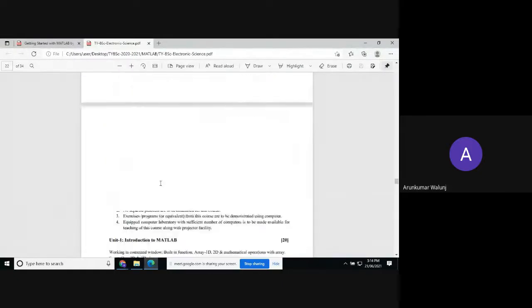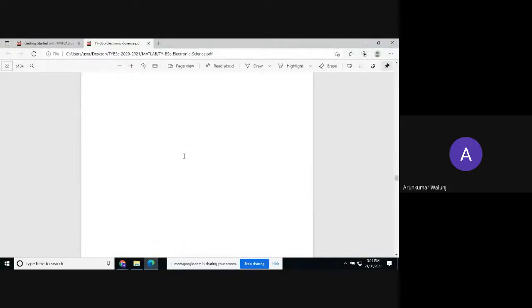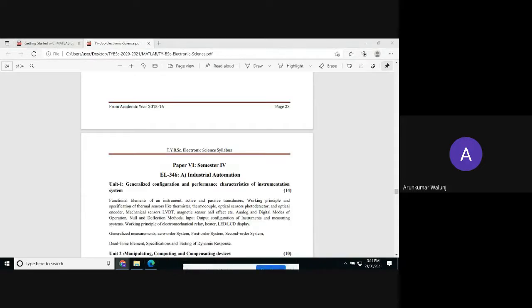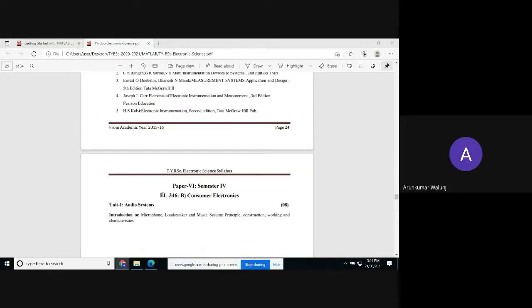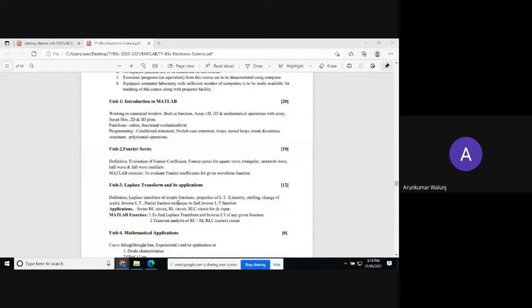Yes. So we are in the almost end part of our programming, that is a MATLAB program, and we have discussed thoroughly the MATLAB functions, inline function, then evaluation function, then user-defined function, along with conditional statement, switch case statement, loops, nested loop, break, and continue statement. Only the last point, polynomial operations, is to be discussed. So to begin with this,